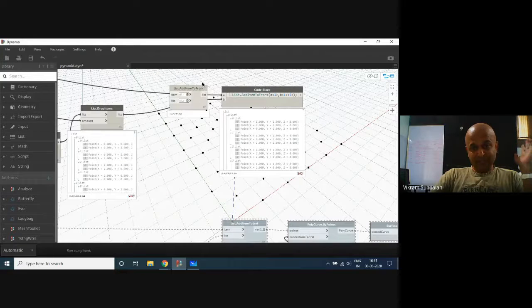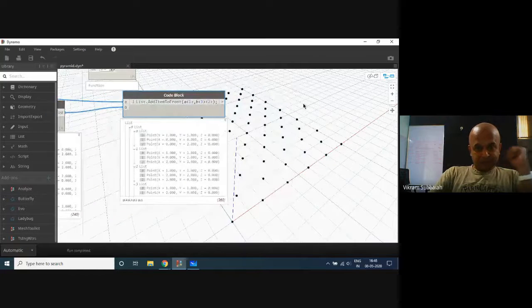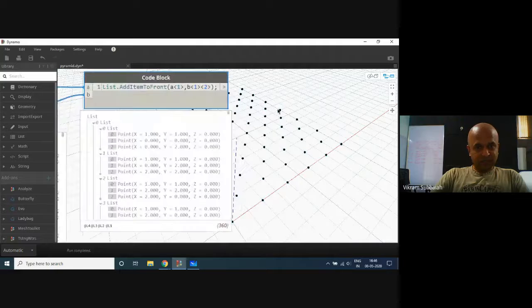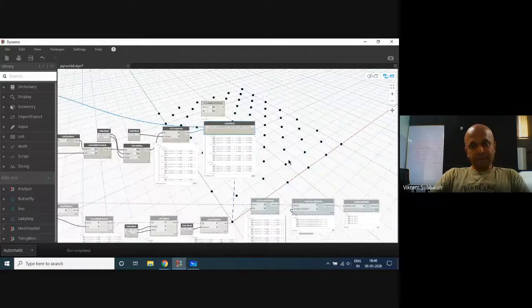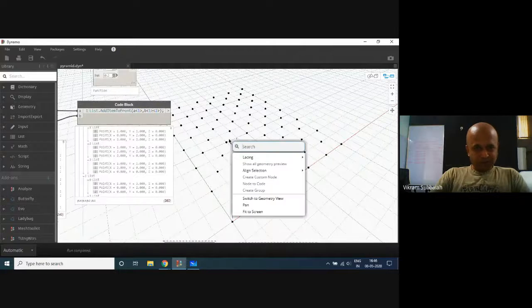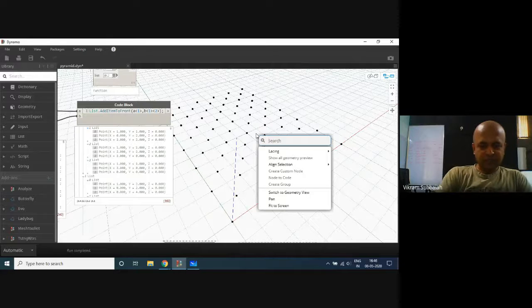For some reason I'm able to do this far easier with a code block than with the nodes. I'm not able to figure that out there. But in a code block, this kind of thing gets us that first point of each of these lists, and done. Okay, so now I'll see if I can figure this out with a node also. But with a code block, this is how it works. And then you can create a